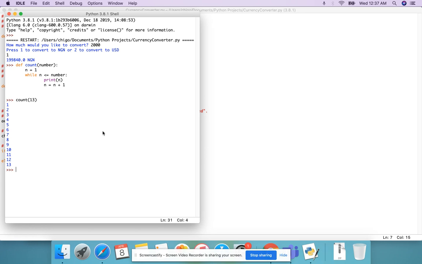Let's look at another function, a times table function, since we're looking at counting. So I start with my keyword def and times table. Now, what do I want to do in my times table? I want the user to enter a number and we count 1 to 10 times that number. So I can say num